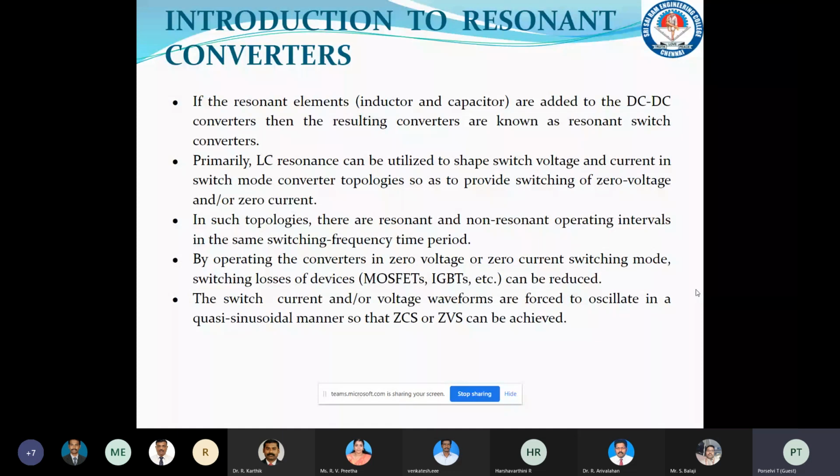So in order to avoid that, we use this as a resonant converter, wherein the